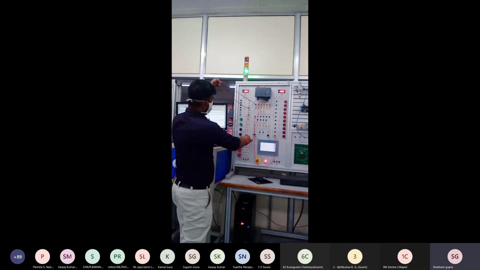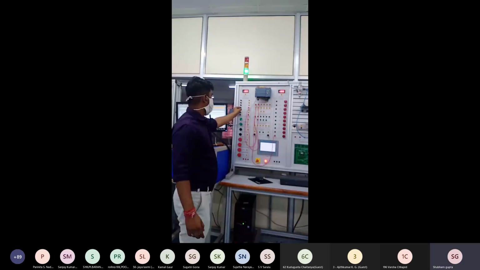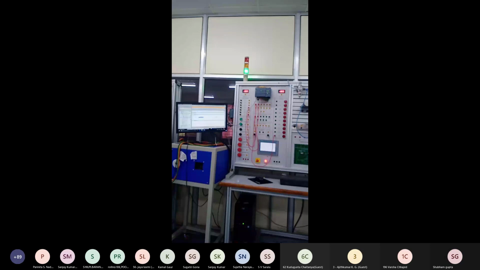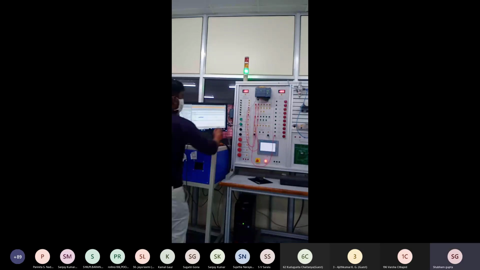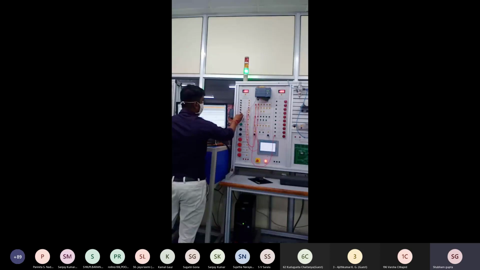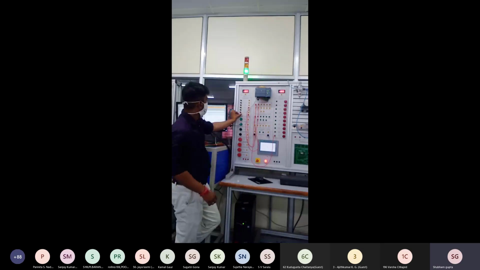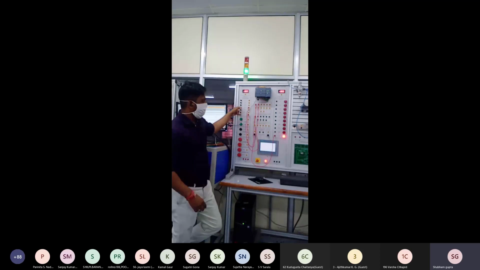When we press switch 1, output does not glow. When we turn that off and push switch number 2, output glows not. When both switches are pressed in the on condition, output glows on.